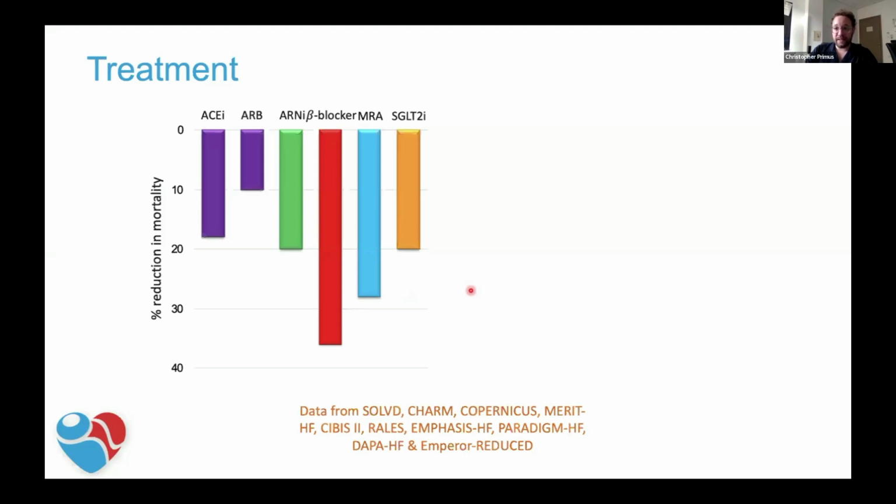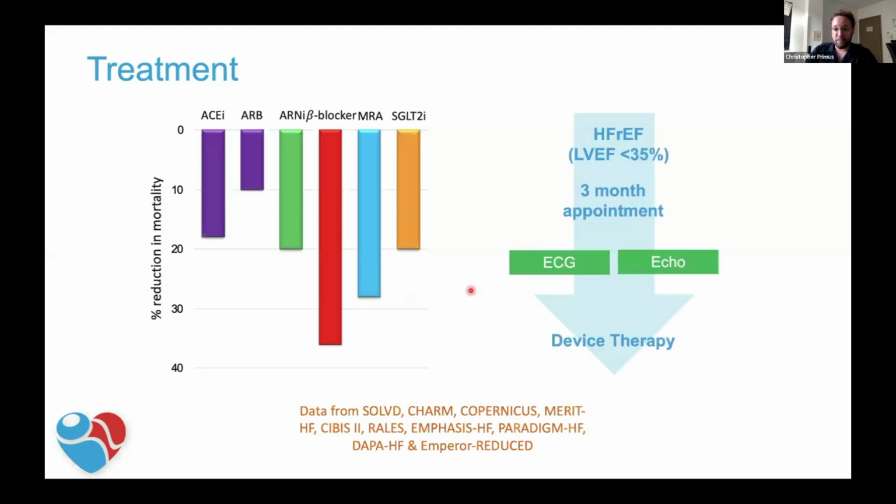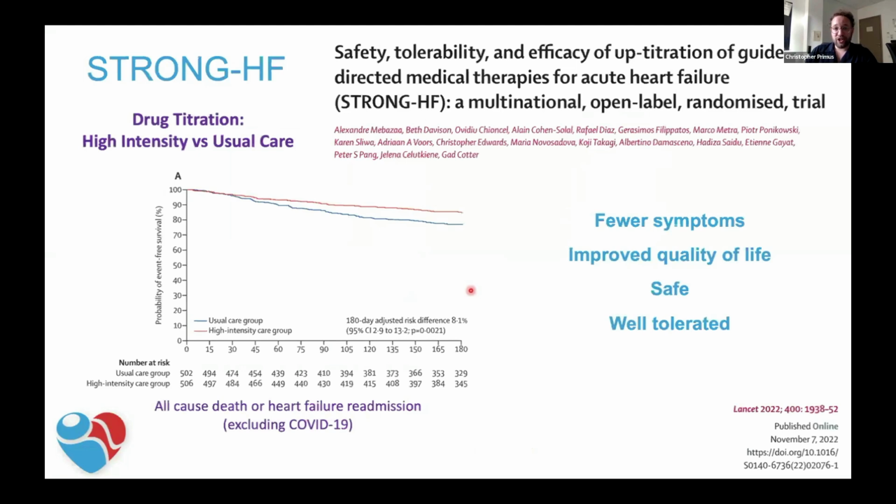And we've certainly seen in our services a significant reduction in referral for transplants and also for defibrillator implantation. But of course, that's what we need to do, is get these drugs to maximum tolerated doses as quickly as possible to reassess things at 3 months with an echocardiogram and ECG and think about devices. Now, in the real world, even with utilizing our community heart failure teams, we don't achieve this quickly.